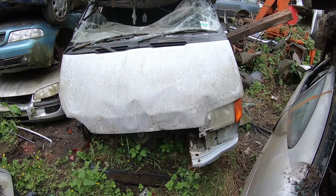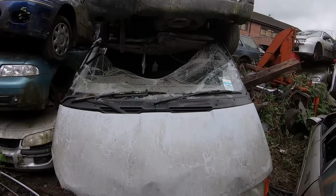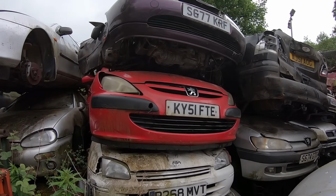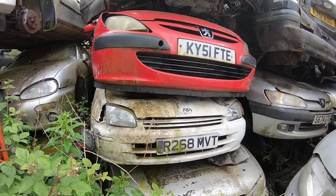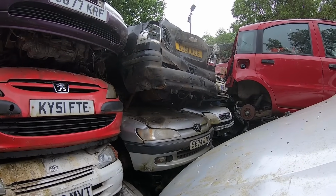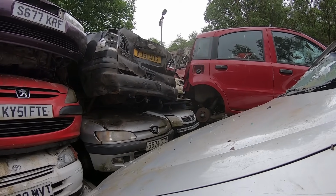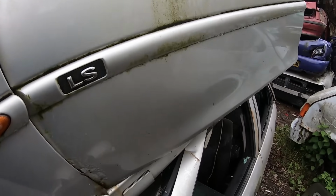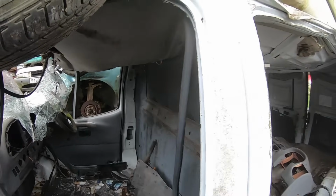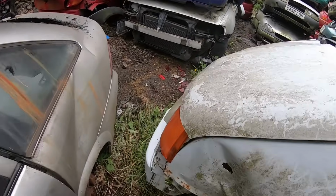Oh, Transit. Oh yes, Mark 5 Transit. Yes, the smiley face. Woohoo! We have a smiley face here, which has got this French thing piled up, Berlingo. 206, Toyota Starlet, rivals, definitely, well, more of a supermini, Toyota Starlet. I've got another couple of Peugeots, a Galaxy, Vectra C over there, goodness me, Astra Mark 4, yeah, Astra Mark 4 over there. Workhorses of Britain. And you know what? From first observation, it's actually not a massively bad shell on the top. It's underneath that things get a bit...